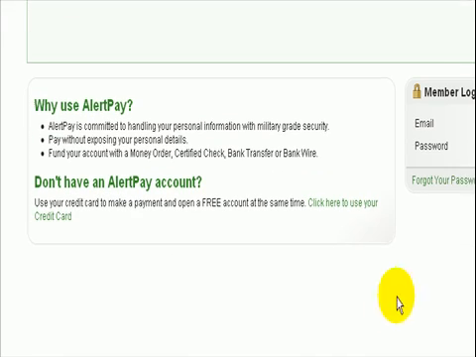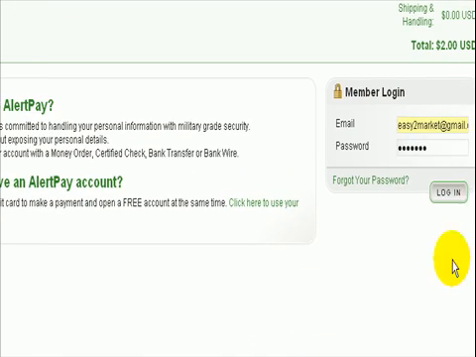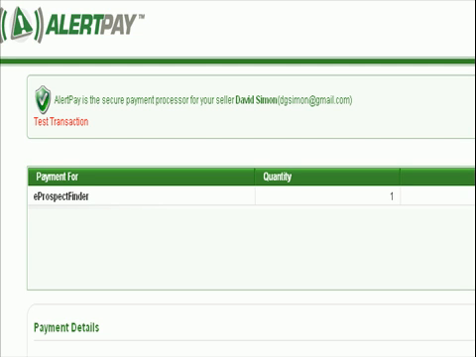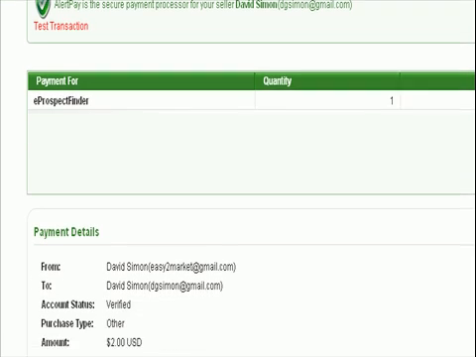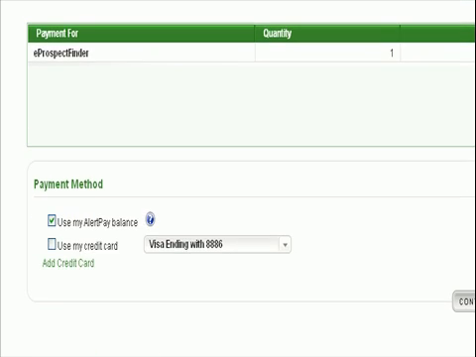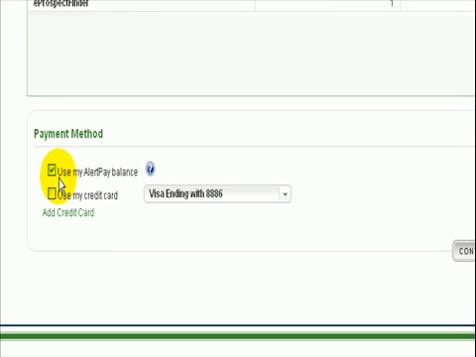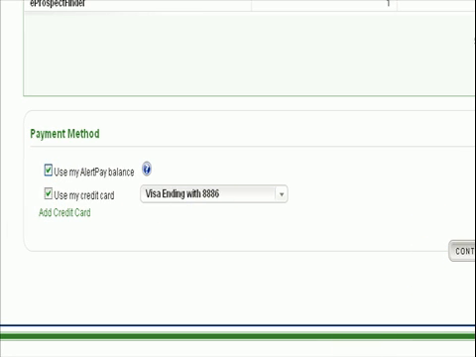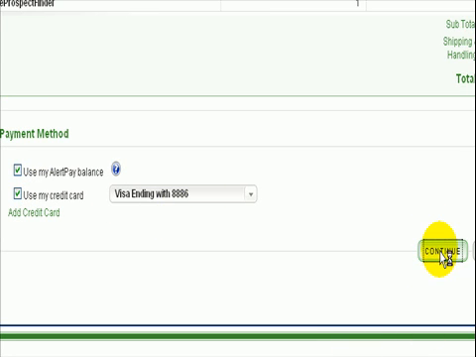You're then going to need to log in, and once you've logged in again you're going to come to another screen. Again, it's still in Test Transaction. You're going to need to change the source of funds under Payment Details. It's going to default to use my AlertPay balance, and you don't have any because it's a new account, so you'll check the use my credit card that you put on file. Click Continue,